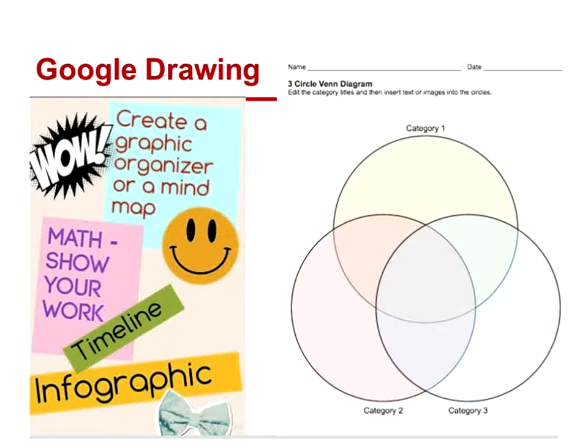What she did is she had her kids find a picture using that search tool, the research component that I showed you guys. So the kids would find a picture of an animal, and she would put it on a Google Drawing page. And then on that page, the kids would label the different animal parts, like the head, the neck, the body. It was really cute. The French teacher at the school got the idea from the primary teacher, and she started using it the same way in French, except now the kids had to label in French, which was a really neat way for them to use Google Drawing.